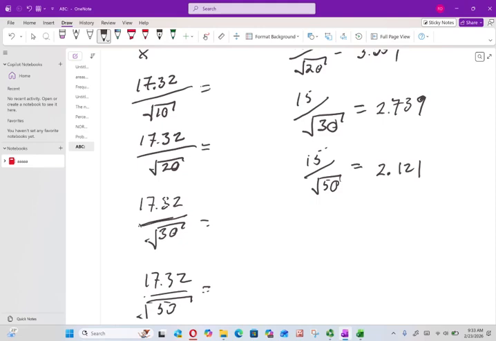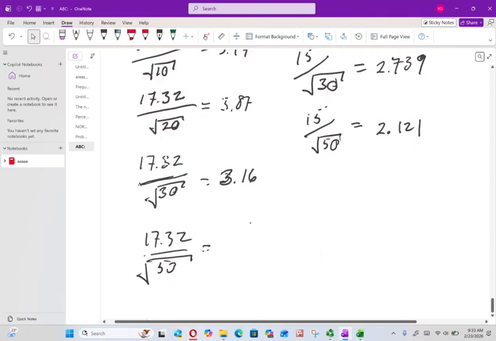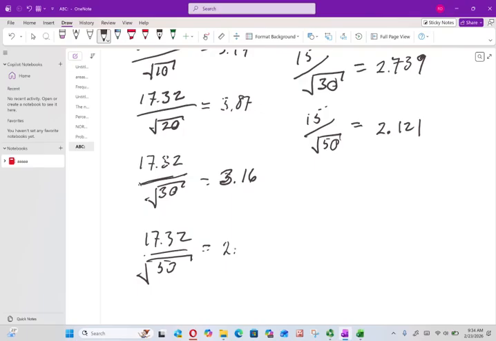17.32, 10, square root, divide, 5.47. 17.32, square root of 20, 3.87. 17.32, square root of 30, 3.16. 17.32, square root of 50 is 2.45. If we go back to the Excel file,